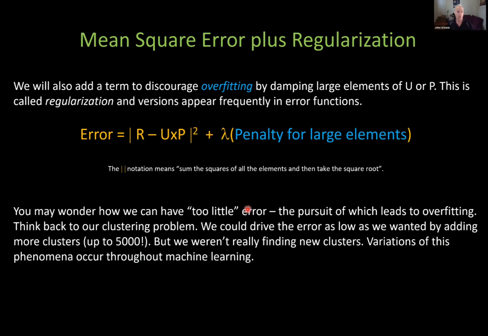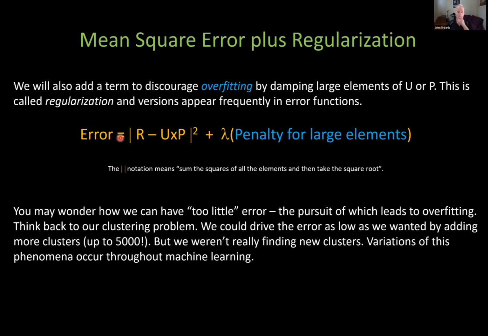And so this is what our error term is going to look like. And this is the standard terminology saying element by element. So we're going to go through element by element and take each element of R, and find the difference between it and the element that we would reproduce by multiplying our U and P matrices to get that element. And then we're going to take the square of that. So this is pretty simple and straightforward, and it gives us a nice error back that's going to give us some idea of how far we're missing with the matrix.